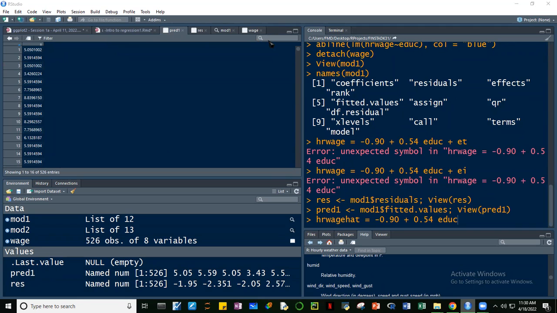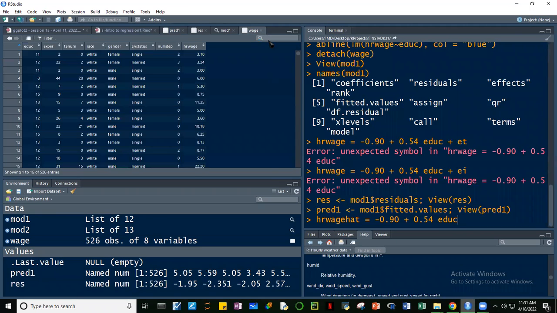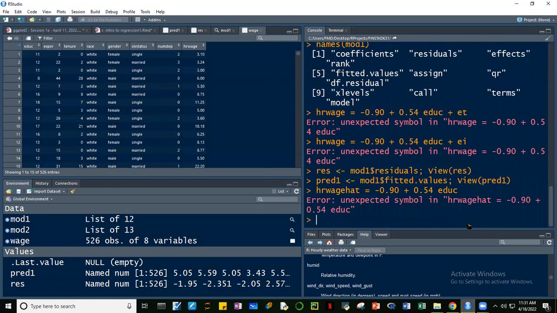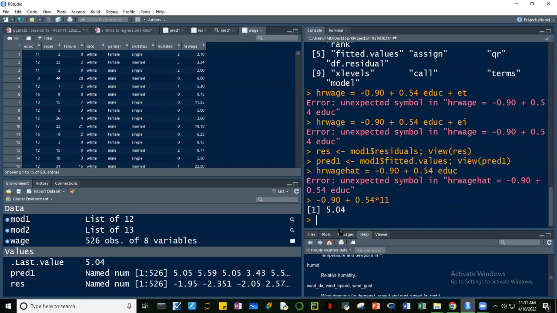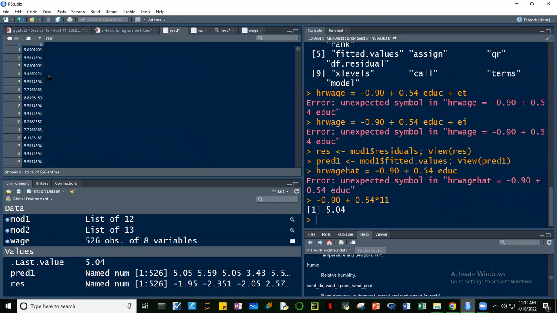Ano ba yung number 1 ng education? Ito ba yung medyo nagkamali tayo? Education is 11. Sige nga, let me try. Negative 0.9 plus 0.54 times education is 11. Okay, 5.04, that's our predicted value. Approximately 5.04. And then the residual is